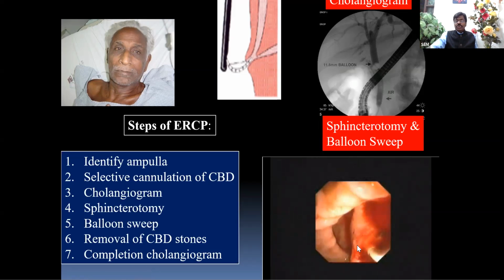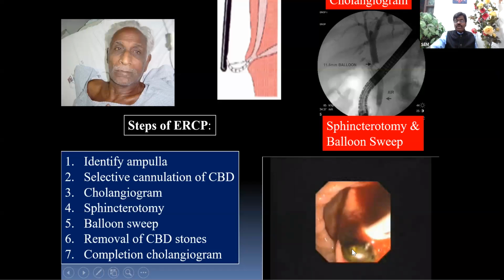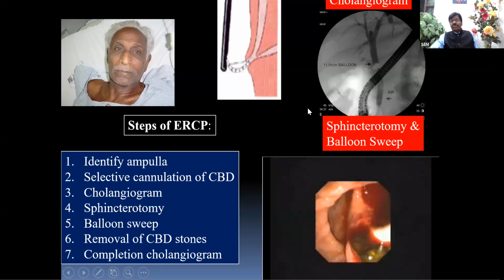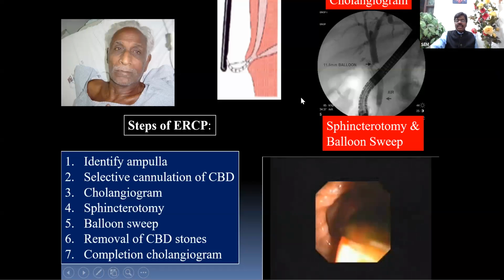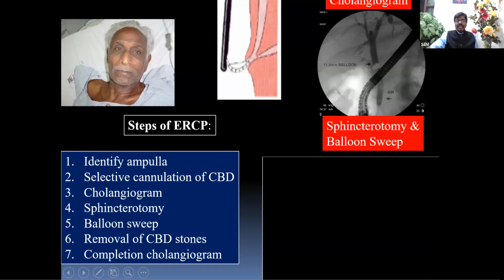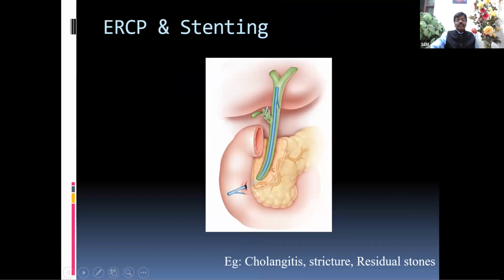Maybe 1, 2, sometimes even 10, 15 stones can be removed. See, one stone is coming now. So you'll be able to visualize very, very clearly. Okay, we are just in the last 5 minutes of our discussion now. So sometimes, if the stone is removed from the bile duct, and after that the patient has some problem, complications of laparoscopic cholecystectomy: sometimes, you remember what I did for the cystic duct, we put a small